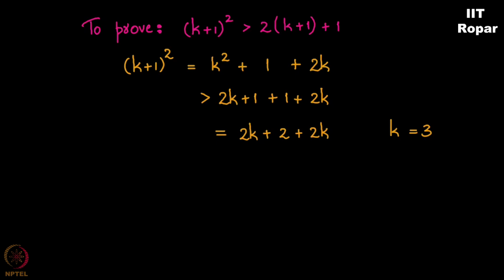Now, let me just substitute 3 here. Why am I doing this? You will get to know later. I'm going to substitute 3 for this k only. Again, why? You will understand in the next few steps. Now, 2k plus 2 plus 2 into 3. 2 into 3 is 6, plus 2 is 8. Now, k can take any value greater than 3 and hence this is greater than or equal to 2k plus 8.